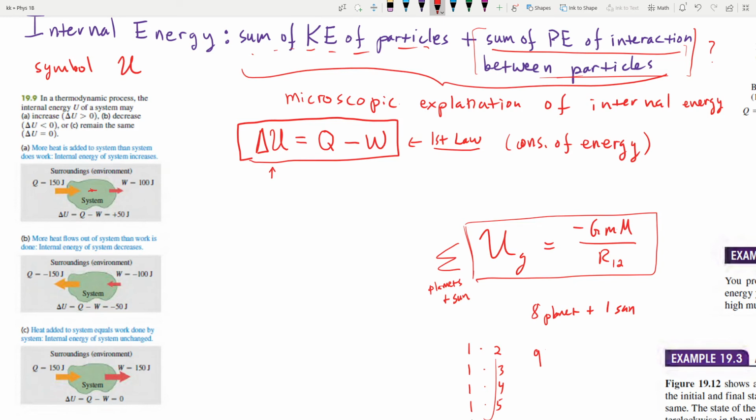It's not 9 factorial. You guys are just jumping too quickly to things. It's 9 plus 8. Because the first one's going to have 1 and 2, 1 and 3, 1 and 4, 1 and 5, 1 and 6, 1 and 7, 1 and 8, 1 and 9. The second one, you've already done 1 and 2. So it's 2 and 3, 2 and 4, 2 and 5, 2 and 6. So it's 9 plus 8 plus 7 plus 6 plus 5 plus whatever, down to 1. Not to mention that you'd have to do this calculation yourself, because if you go look up